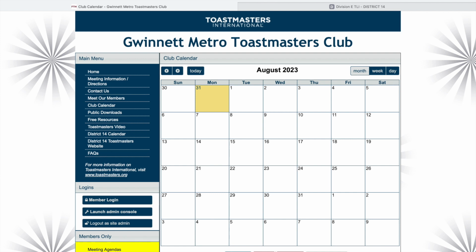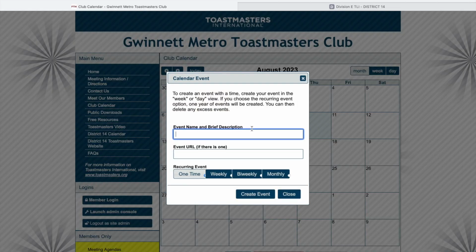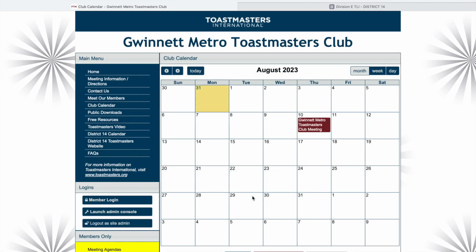Now if you notice, when I added the event for this example, it was a maroon color instead of a blue color for the club meetings option. So I'm going to do it again just to show you. Gwinnett Metro Toastmasters club meeting. I'm just going to put one time for this one. I'm going to click create event. Now even though this is a regular club meeting, it's not showing up blue like how it's supposed to under the key. Now if I want this to appear as a blue labeled event, what I can do is